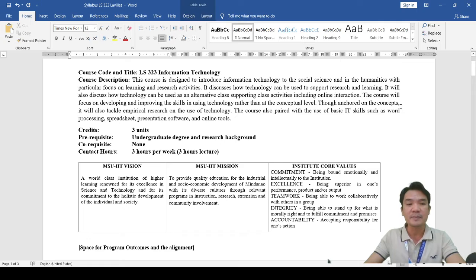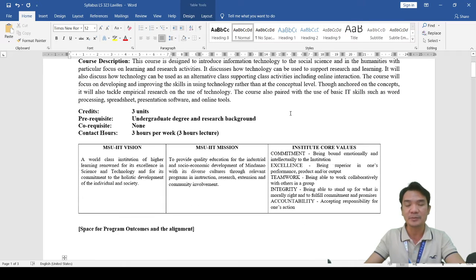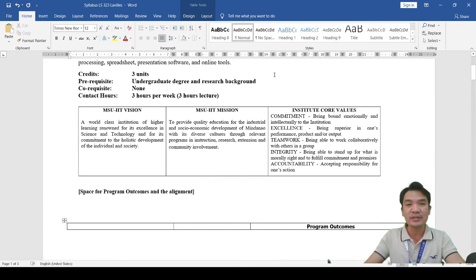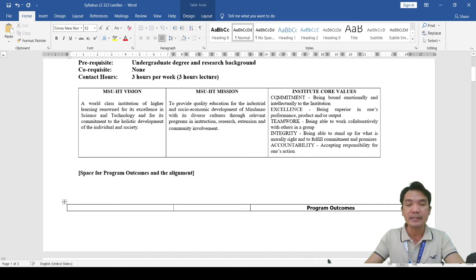Though anchored on the concepts, it will also tackle empirical research in the use of technology. The course is also paired with the use of basic IT skills such as word processing, spreadsheet, presentation software, and online tools. This is credited 3 units to students, and the background needed for this subject might be an MS degree and somewhat of a research background on writing articles or using basic software. There's no co-requisite, and it is expected that you have 3 hours per week of effort for